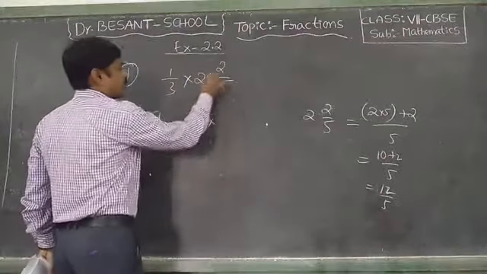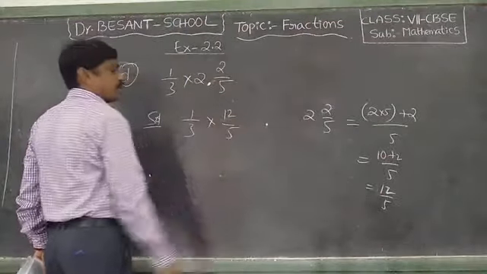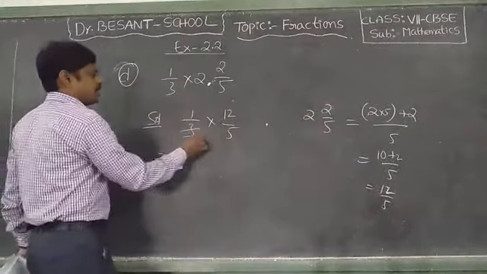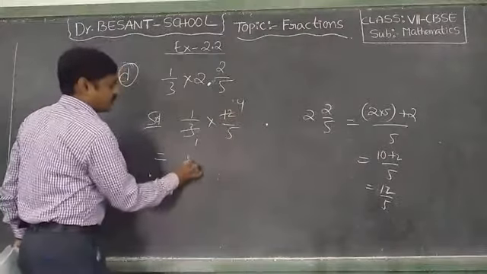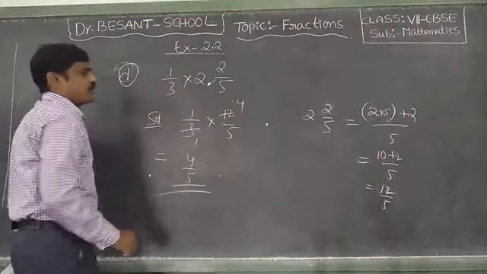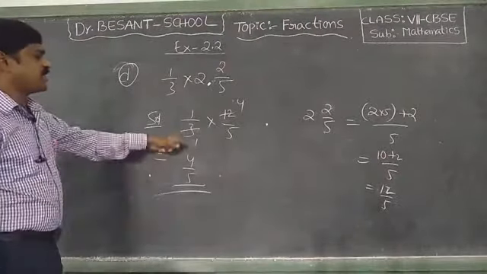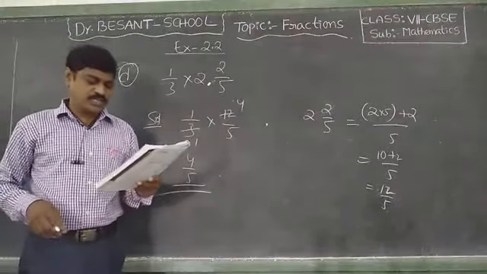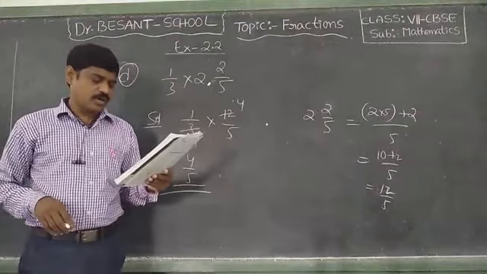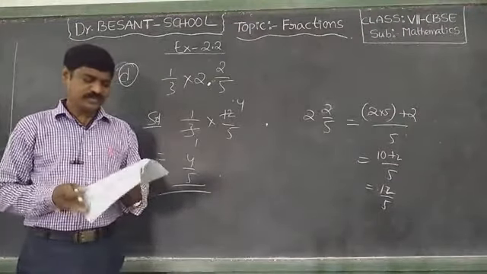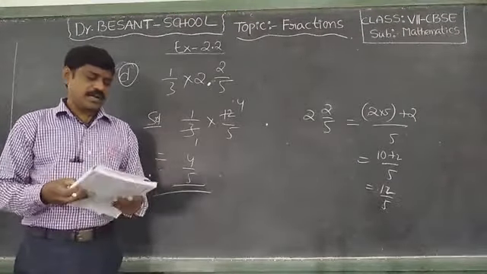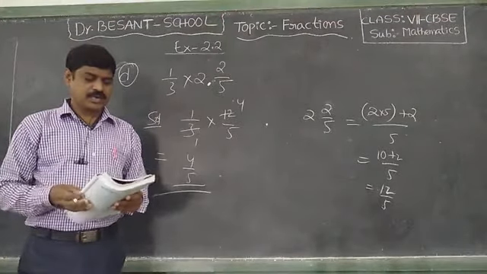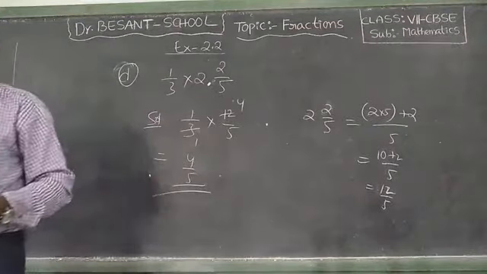So 12 by 5. Okay. Now 3 1s are 3, 4s are, so finally we got 4 by 5. So simplification, 3 1s are 3, 4s are, so finally we got 4 by 5. Okay children, I hope it's very clear. Note down. Next,